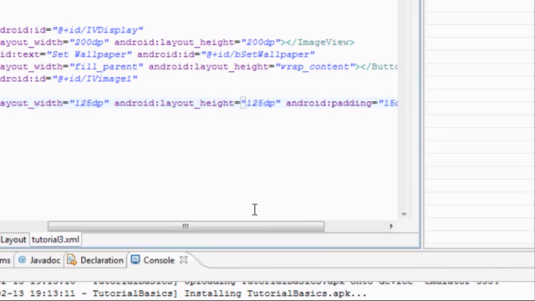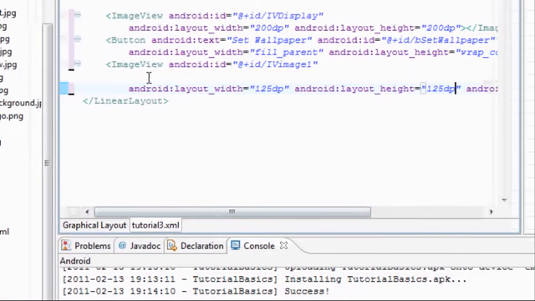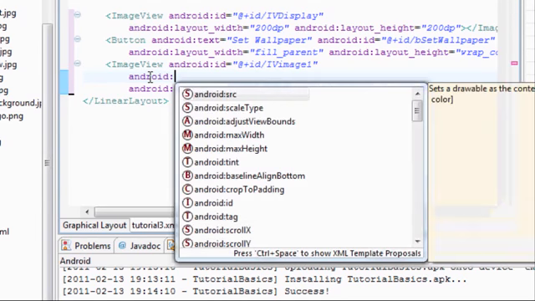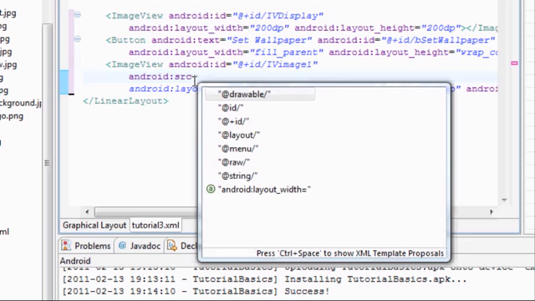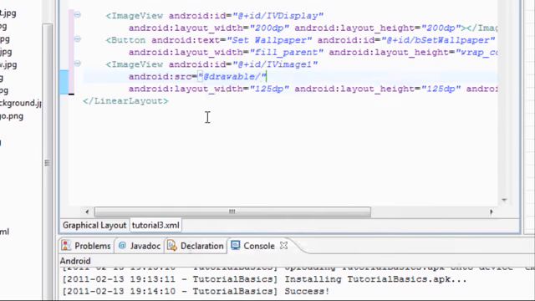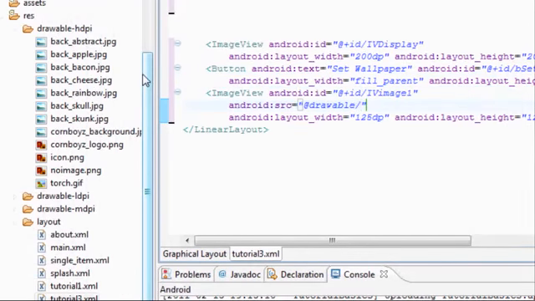125 dp. And also what we need to do is set this image view equal to something. So we're going to say android:src, and we'll set it to a drawable, and just pick one. So we're going to say back_abstract,